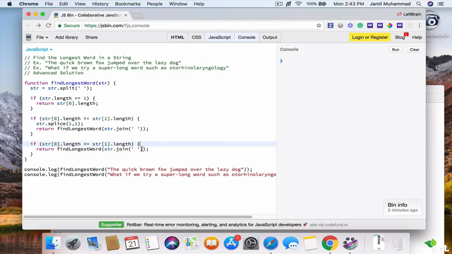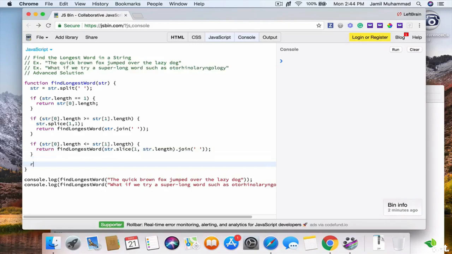And instead, I'm going to have str slice, and then have str, and we will have one str length, and then dot join. Okay, we have that,